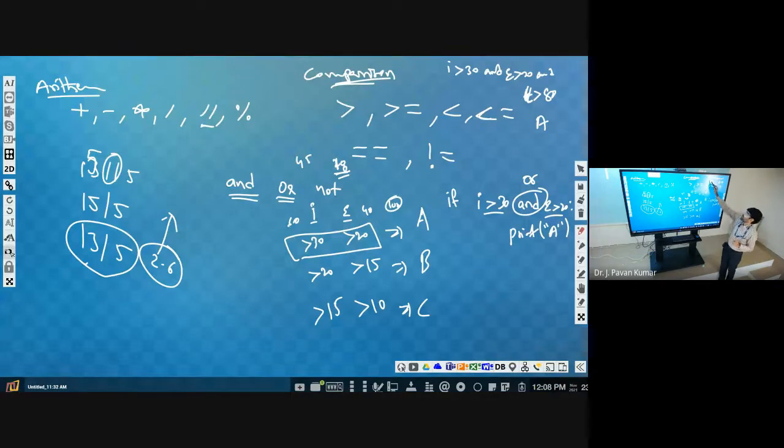Understand? So here all these three conditions should be satisfied, then only this will be executed. Like that we can connect two or more conditions, we can combine them to form a single condition. This entire thing will be considered as a condition. When this particular condition will be true is based upon the outcomes of individual conditions, right? I hope you know the truth table of P and Q.